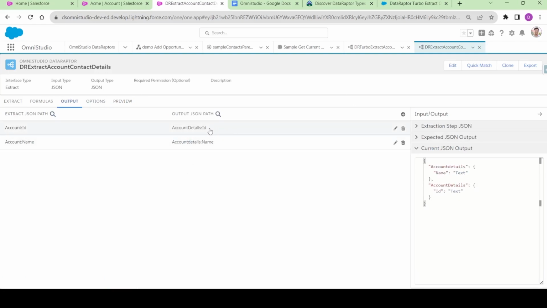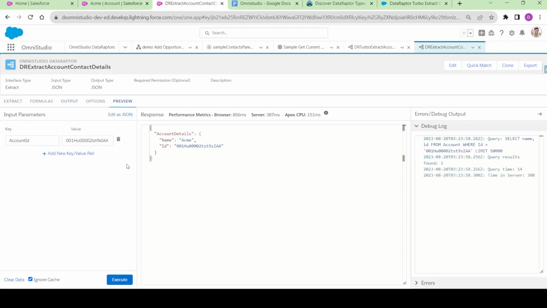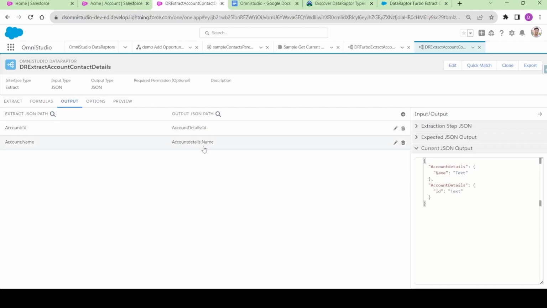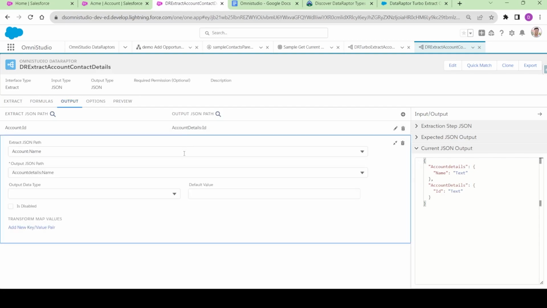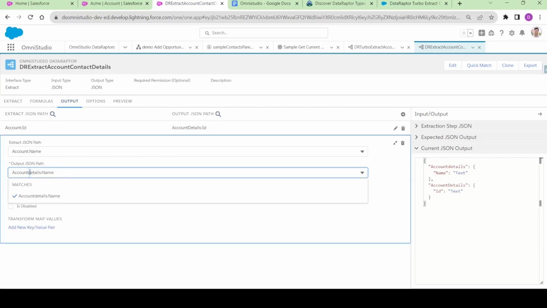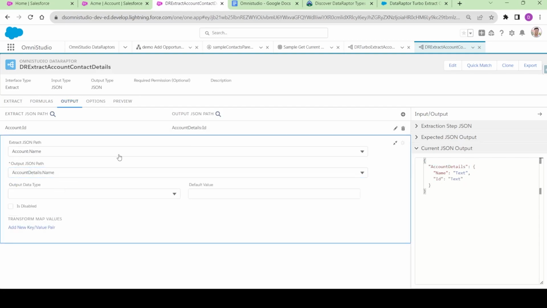But there is a trade-off. If I want to get account ID and name, I can do it manually, but let's say I want to get multiple fields, then that becomes difficult. And the second thing is that there is also a chance of typo. Here I have account details ID with a small d and here with a capital D, and that's why I am getting the name and details here, but this is a typo. We should not be doing this. So what I can do here is either go and fix it manually,